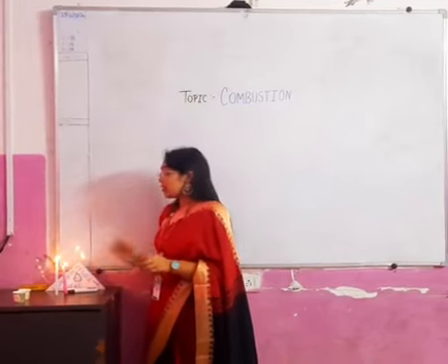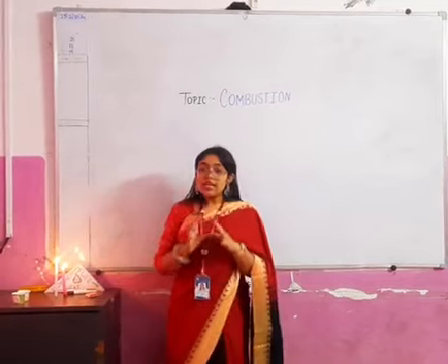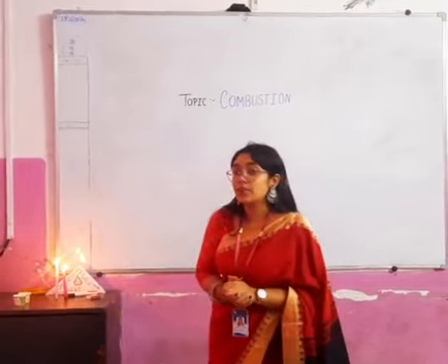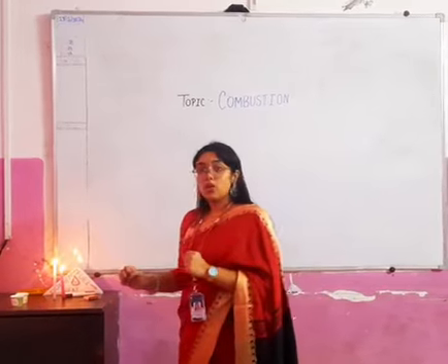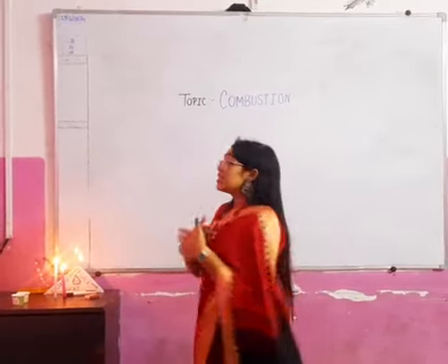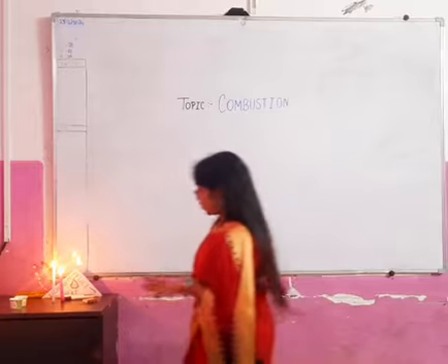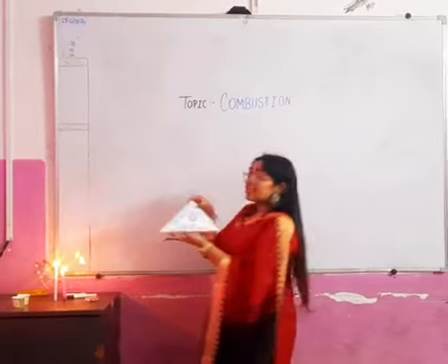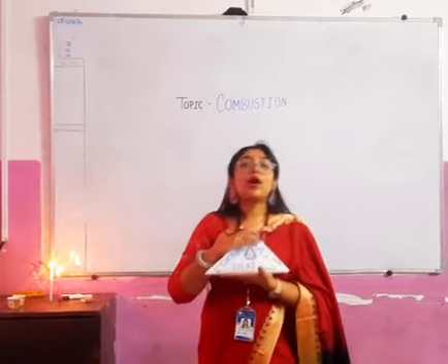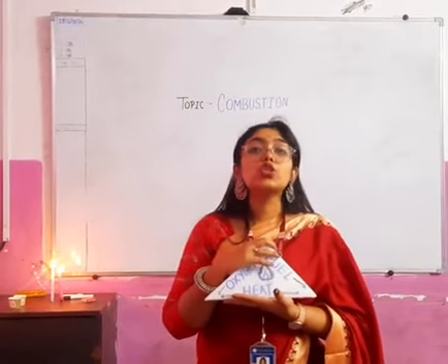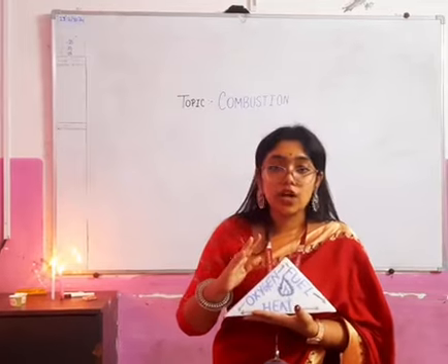So first of all, while we are turning on the light, we can see that the candles are burning, right? What is happening here? How are these candles burning? How is this light coming? Where is the oxygen? It's all around us. Oxygen is right now present all around us. As you can see, it is a triangle of combustion, which we can also call the fire tetrahedron.